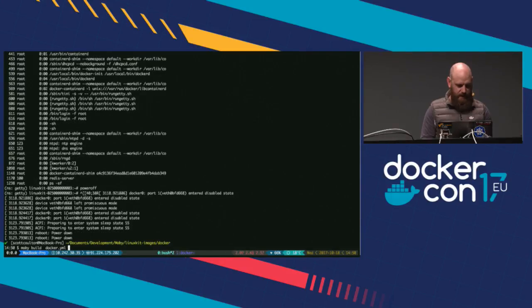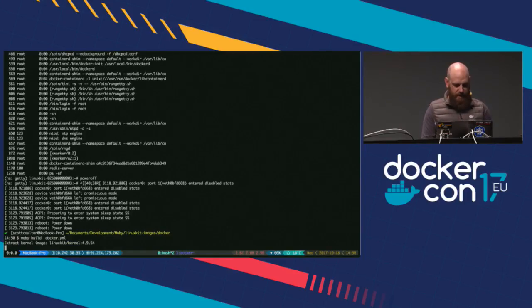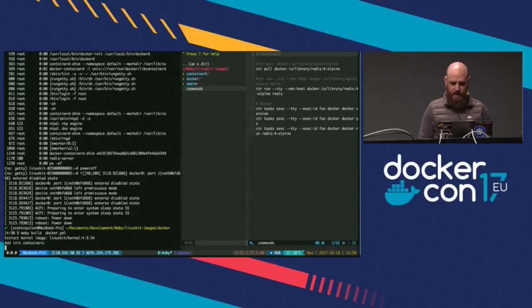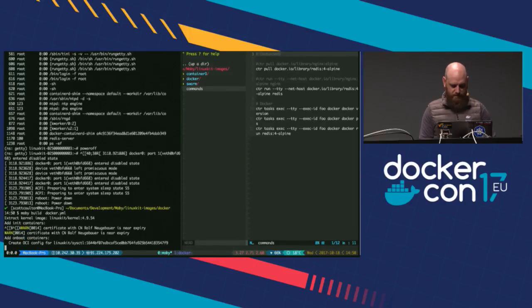Okay, cool. So you just use the Moby build tool. I have a YAML file. While it's building, we'll have a look at it. So as you can see there, I've got the Linux kernel 4.9.54, which is fairly up to date. I know we're up to 12 now, but for the moment, 4.9 is stable. While we're watching that build,